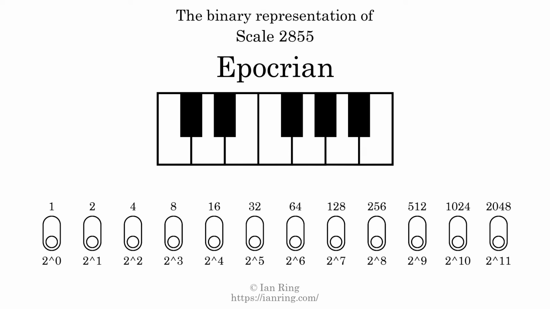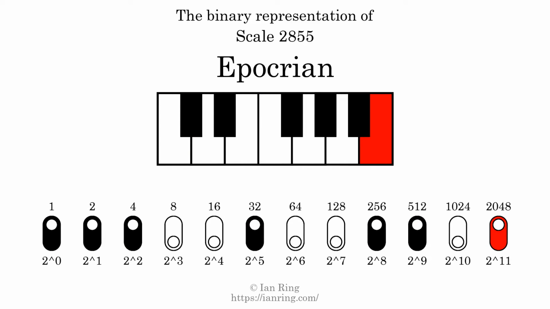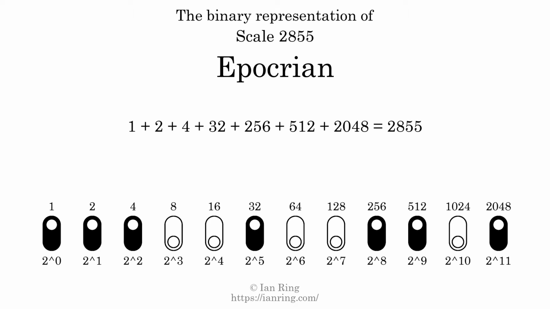The binary representation of this scale is determined by mapping tones of the scale to binary digits. Each binary digit represents a power of 2. To get the scale number, we add the powers of 2 together. The powers of 2 that are present in the scale, all added together, equals